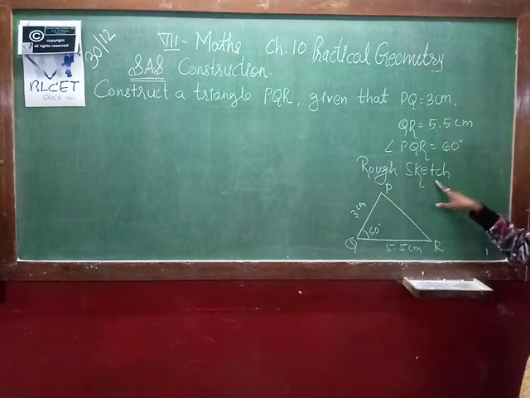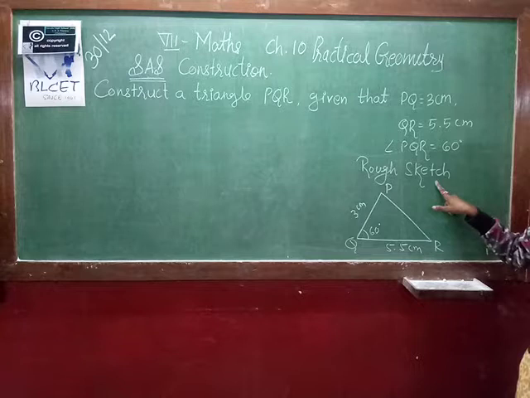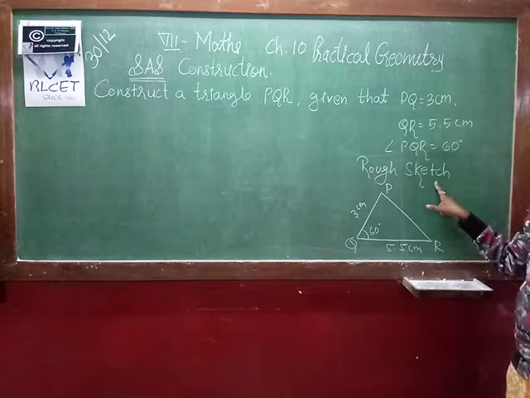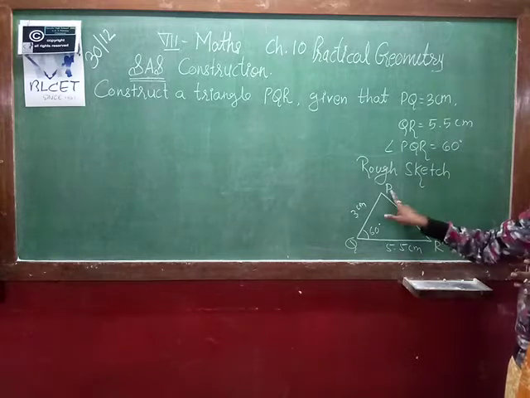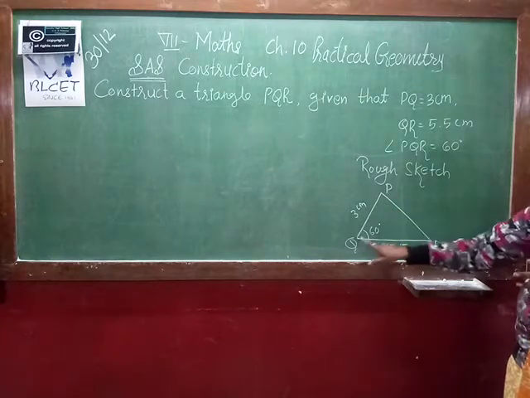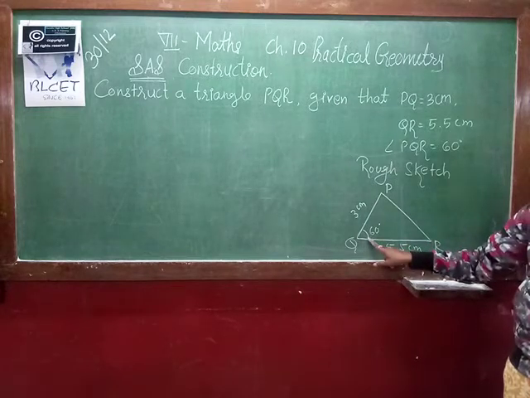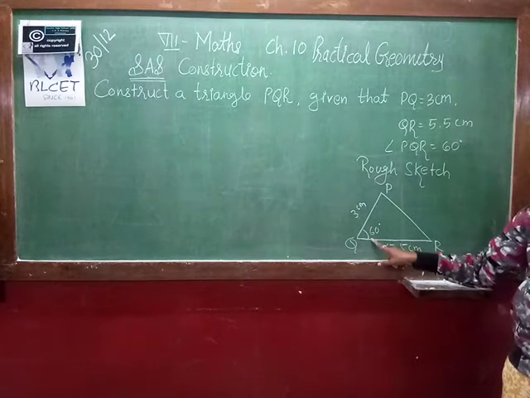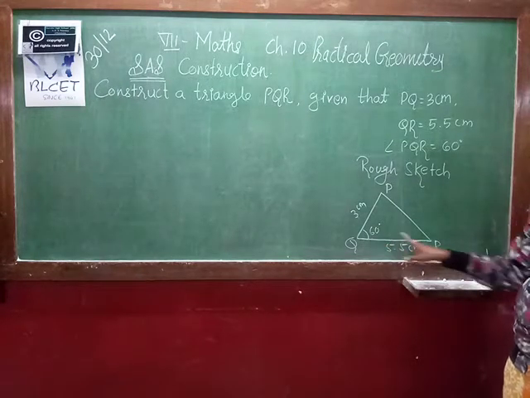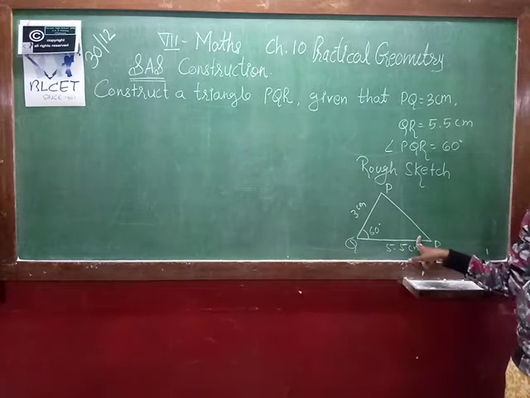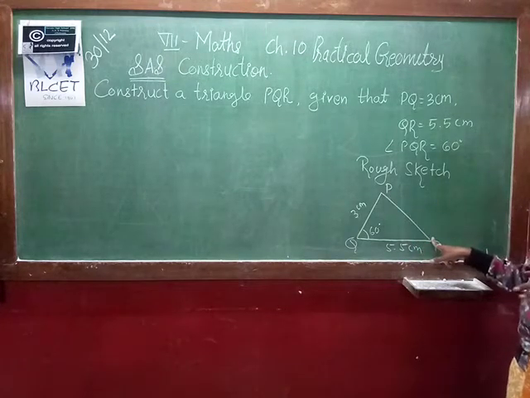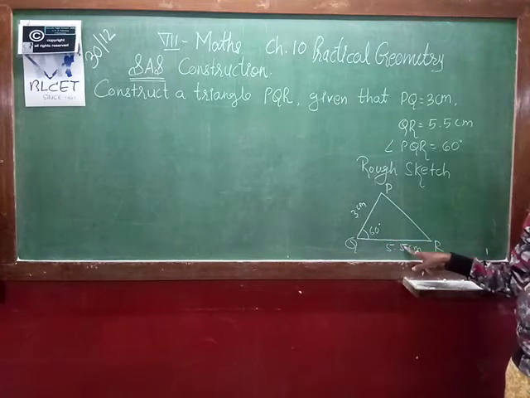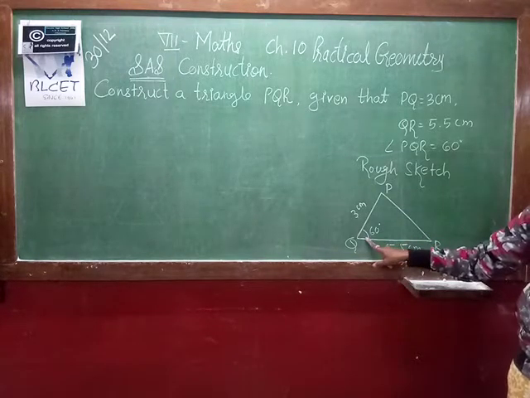First of all, you have to draw the rough sketch which gives you an idea of how the triangle looks after your construction. So PQ and QR, side angle side. The angle should be such that the given sides are on either side of it. Otherwise, it is a wrong construction because you don't know the measurement of PR. Whatever sides' measurements are given, in between that you have to take the angle.